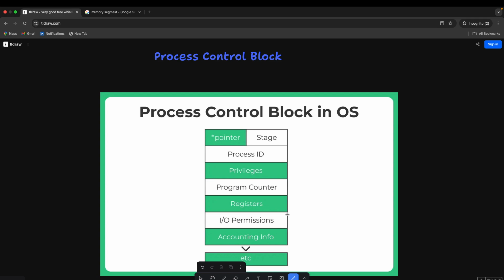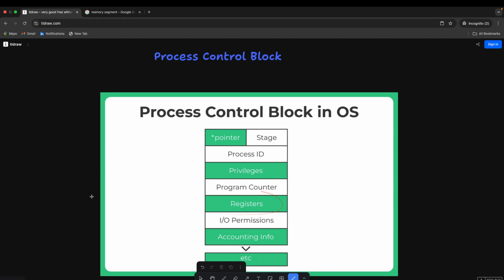The program counter indicates the address. Remember, this is present in the architecture, right? We need the address of the next instruction to be executed. That means for the currently running process, the moment I make that switch and start executing another process, I need somehow to define how much of the program has been executed and what is the next instruction from which I need to begin the execution when I do multitasking or switching between programs. So that address is stored in this counter.